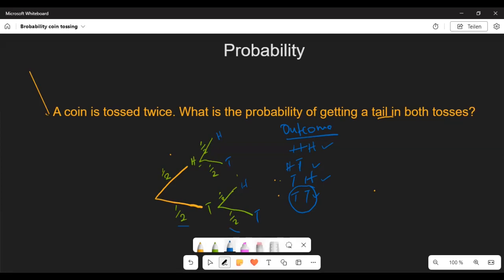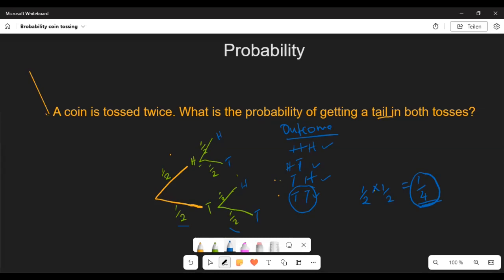So basically, to get that answer, the first tail is going to be a half multiplied by a half. So that's going to be a quarter. So the chance of us getting 2 tails after 2 tosses is a quarter. So that's how you do